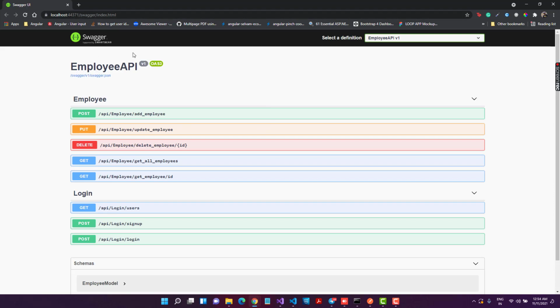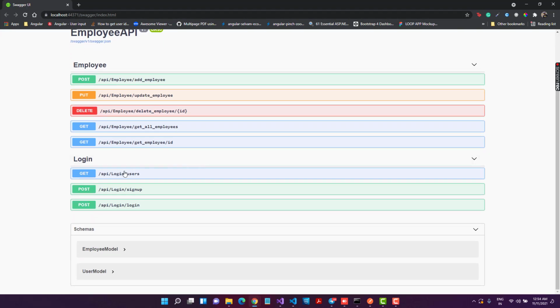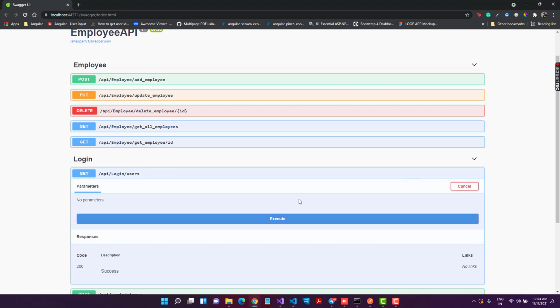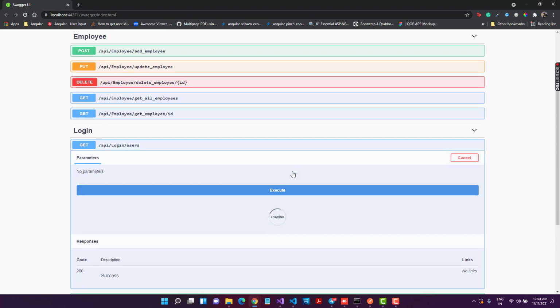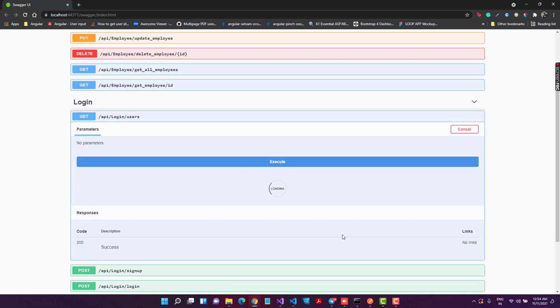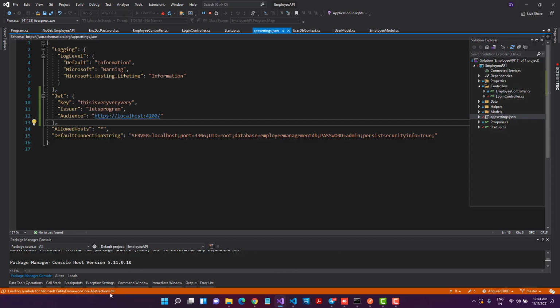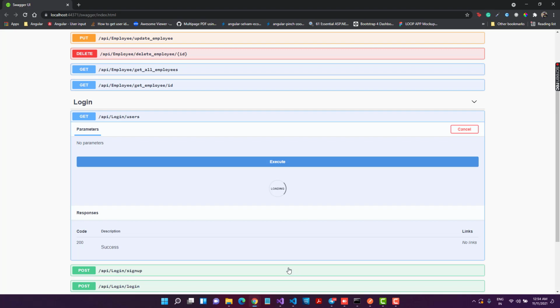Let us wait till it runs. All right, so now we can see our API is running. Now we have to test. Let me get some users. Let me execute this first so that I can get the username and password which I have to use. Let us wait till it gets executed. I know this is the first time, so it takes some time. After that it will be quite fast. So we are just waiting till it gets executed. If you can see here, it is running all the DLLs, so that is the reason it is taking time. Again, let's go here and wait.